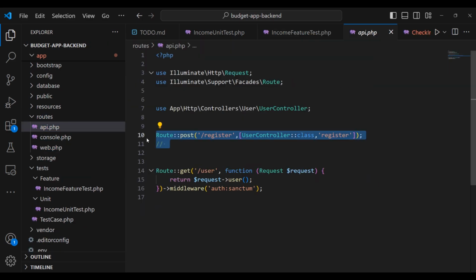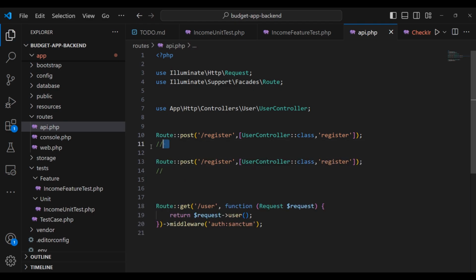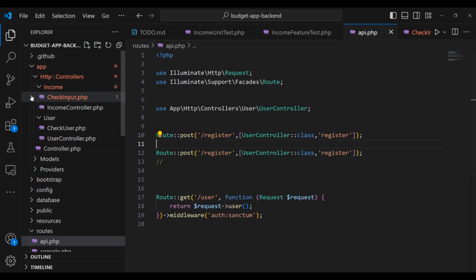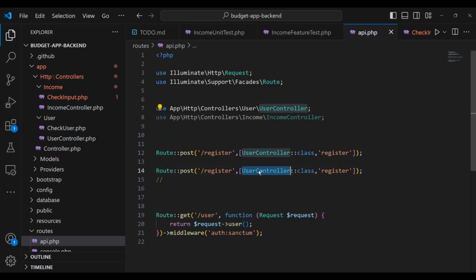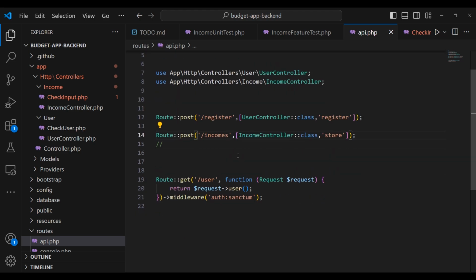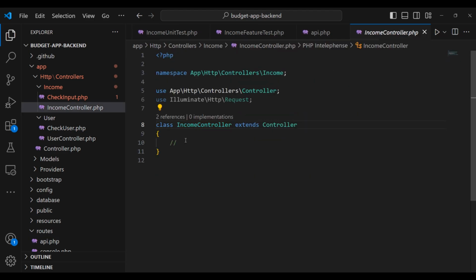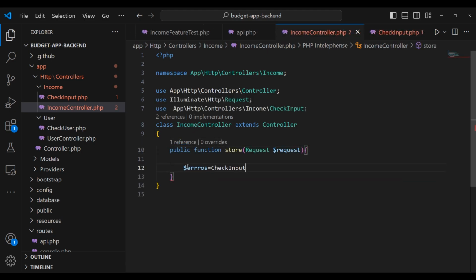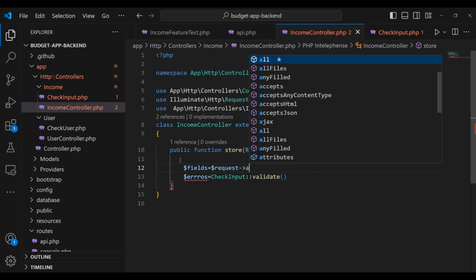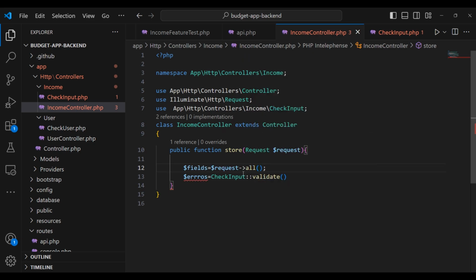And here, guys, I'm going to copy this, and I'm going to import another controller right here. We're going to import the IncomeController, and then we're going to pass it right here, and then we're going to use the store function. I'm going to pass the store, and for the endpoint it is going to be incomes with an S. Now we're going to try to hit this endpoint, and then I'm going to get into the IncomeController and create this method. I'm going to say public like this,